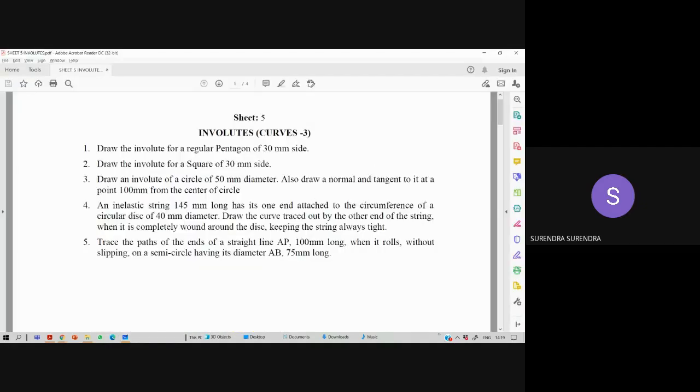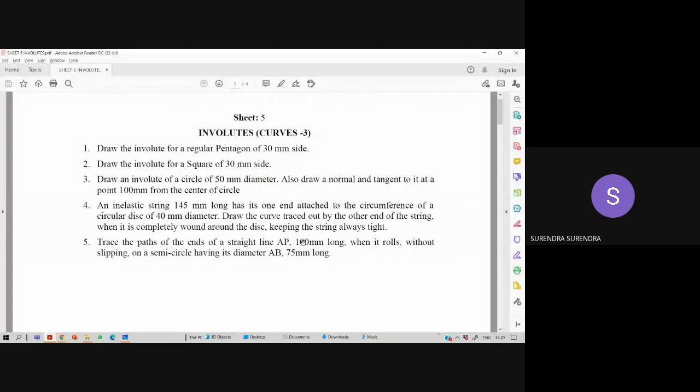Now, actually it is given as a straight line of 100 mm long. So now check whether this 100 mm is more than the circumference or less than the circumference. So what is the circumference value here? Diameter is 75 mm. As it is a semicircle, the circumference equals pi d by 2, so 3.14 into 75 by 2. It is 117.7 mm. But the given length of the line is only 100 mm.